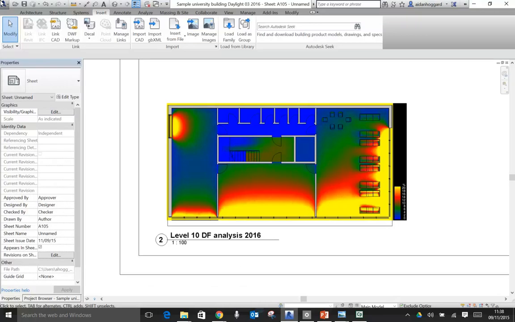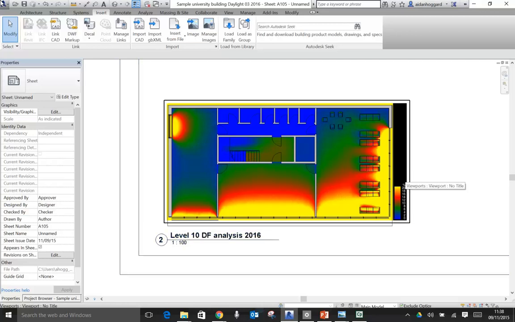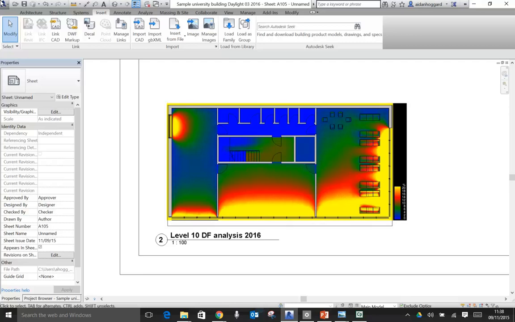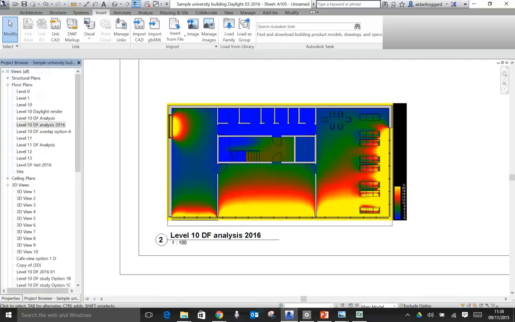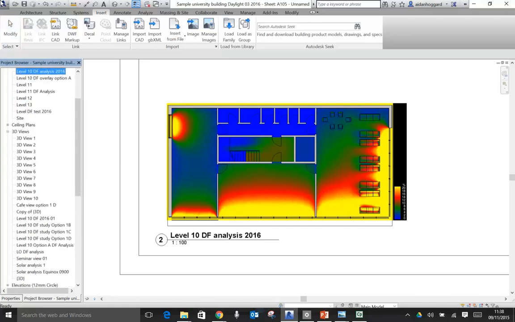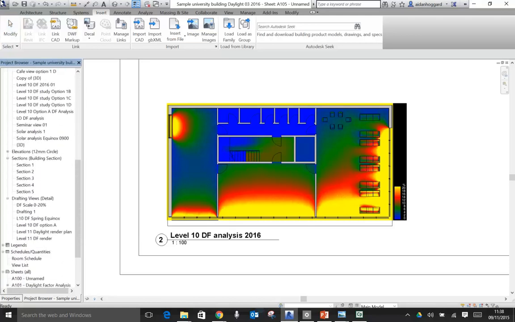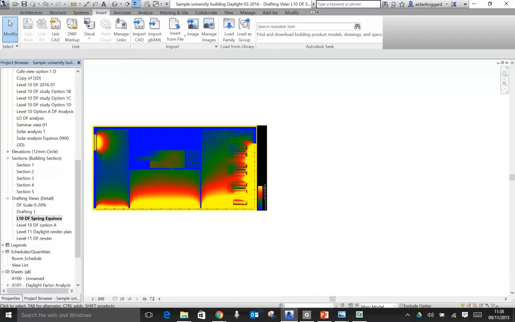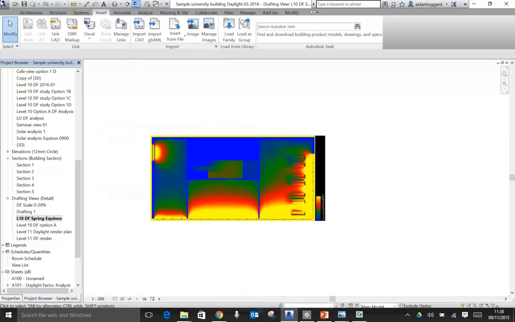Okay, just a few more quick things. Let's say we've got that view like that, but we want to crop this JPEG. Let's say we want to crop off this black border along the edge. What we can do, if we go back into our drafting view, so if we find our drafting view, this one, there's our drafting view. If we go up to the Annotate tab,